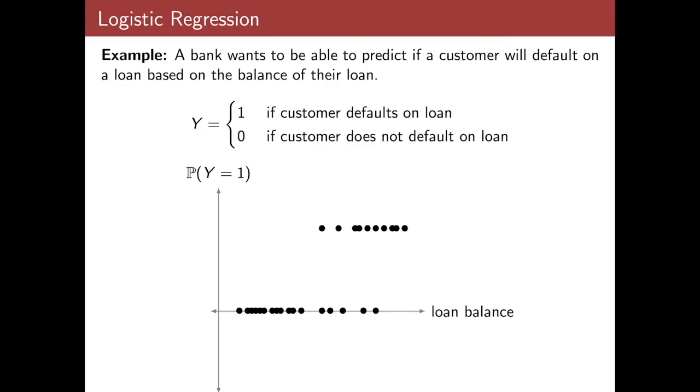In the example shown here, the horizontal axis is showing the loan balance. So we have the loan balance for a lot of customers. And then we have data on whether or not that customer defaulted on that loan. And so we can notice a trend: with the bigger loan balances, we had more people default, but for somewhere in between,